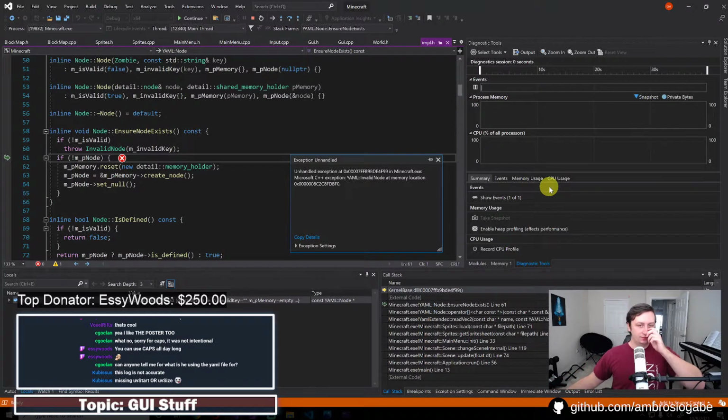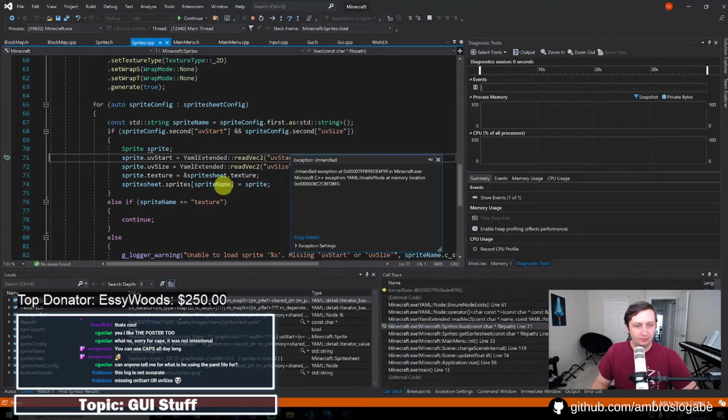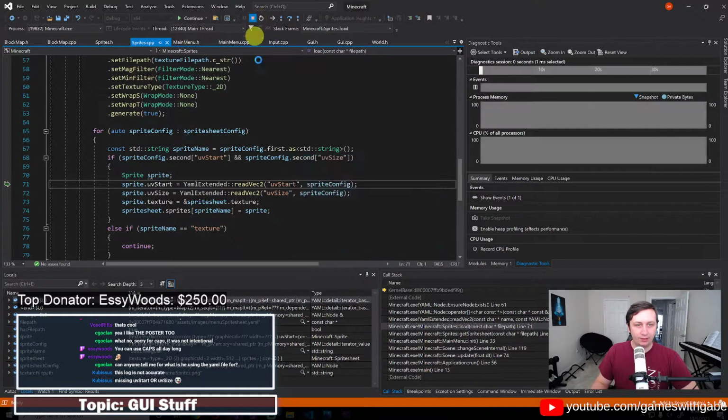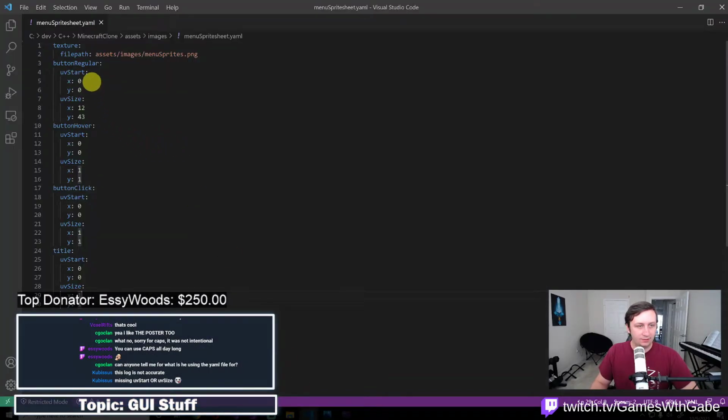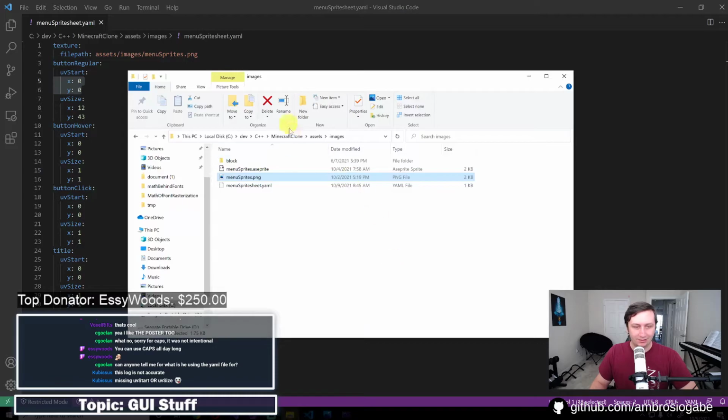And it did not. We have an exception, which was inside of here. Okay, yeah, I had a feeling I might have been breaking this part. So this read vec2, what does it do? So it goes node name 0 as float, 1 as float. Oh, okay, so basically instead of doing this, I think I can do, let me check out one of my other YAML files real quickly because I can't remember how YAML works. So inside of here,